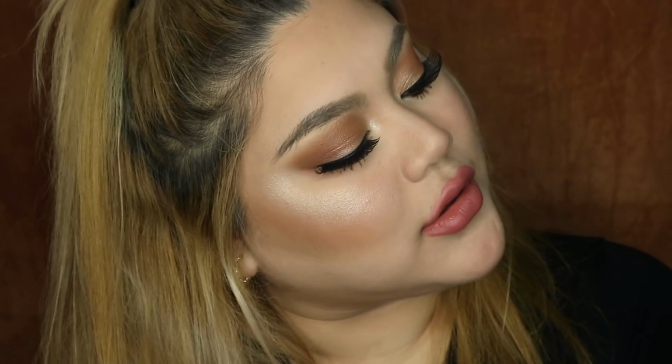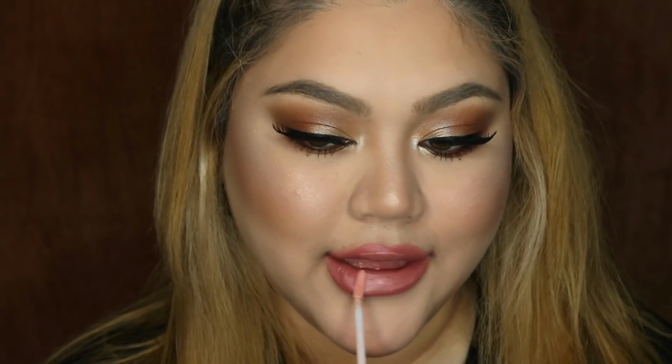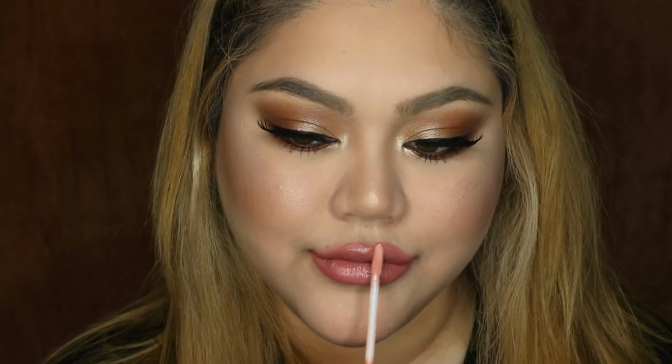So yeah, this is it. Oh, but then I have to add a gloss because that's just not Khloe without her lip gloss. So this is the Too Faced Sweet Peach lip gloss and peach side just to top it all off, and then we're done. Yan, pwede na ako magpa-cute with my green contacts that you can buy from my online shop,